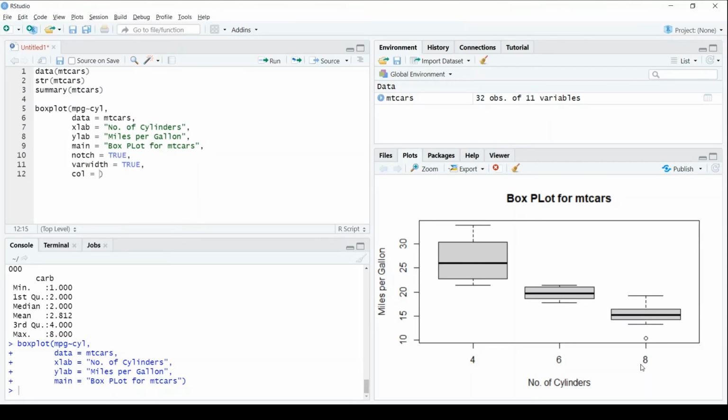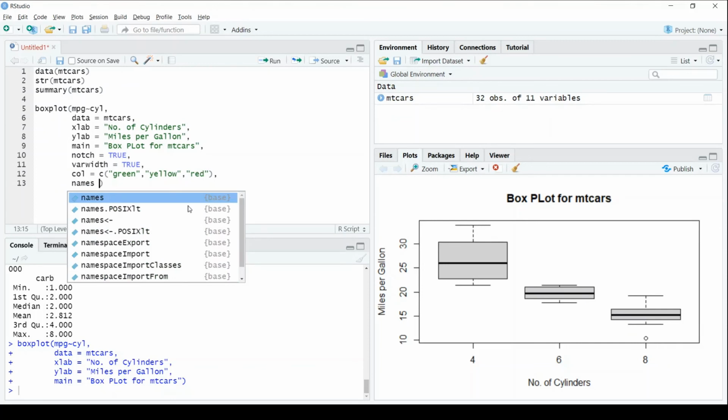Now I'll change it by severity, that is high, medium, and low. So we'll see green, yellow, and red. And the names for it.